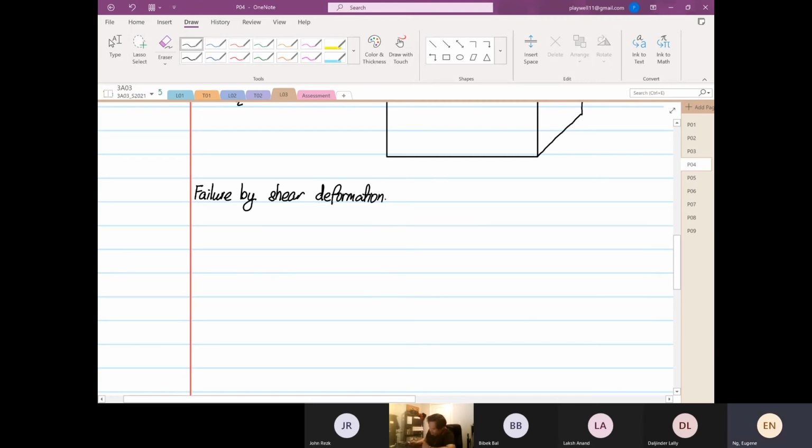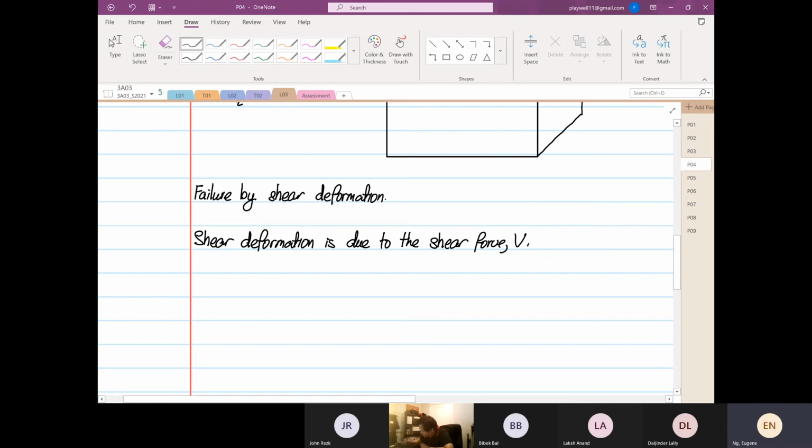I'd like to highlight this: the shear deformation is due to the shear force,